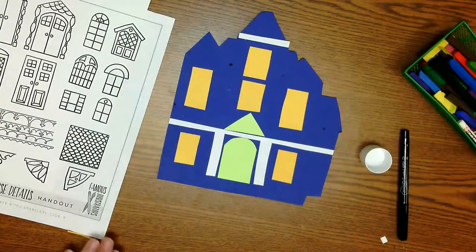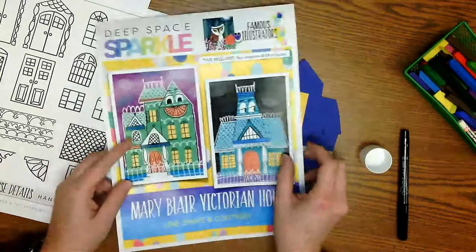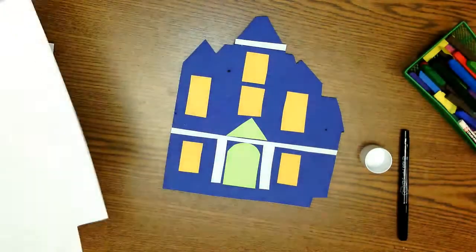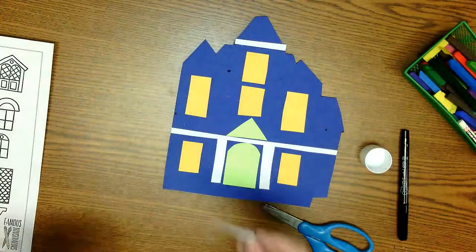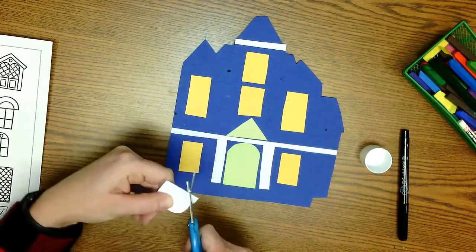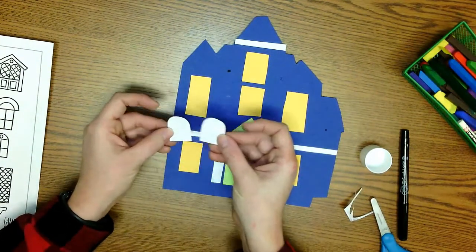There. All right, and the last thing that I want to do today is I want to cut out my eyes and glue those down. So if you look at our example, the eyes are kind of at the top of each of our houses. So I'm just going to take that white paper I was working with. I'm going to grab my scissors, cut out a rectangle, fold the rectangle in half, and then I am going to cut that arched shape, and I have 2 matching eyes,